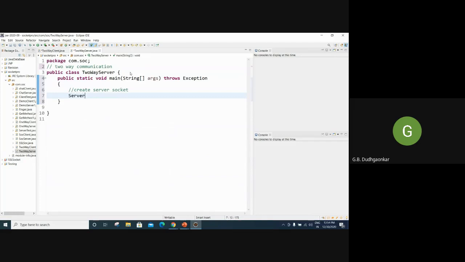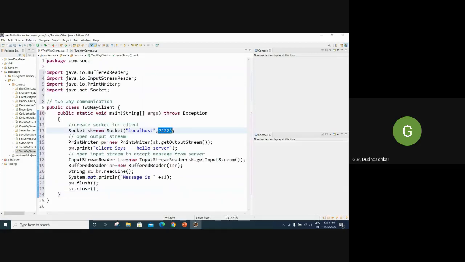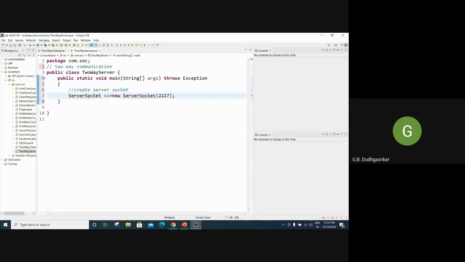So create a ServerSocket object, you can type any name. Then new ServerSocket, and as I told you, we have to pass the port number as a parameter. I think here I have taken 2227. The same port we have to take on the client side, so 2227. Now this is a server socket, so you have to use java.net.ServerSocket.